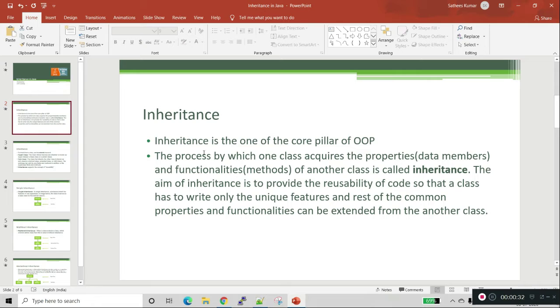The aim of inheritance is to provide reusability of code so that a class has to write only unique features, and the rest of the common properties and functionalities can be extended from the other class.